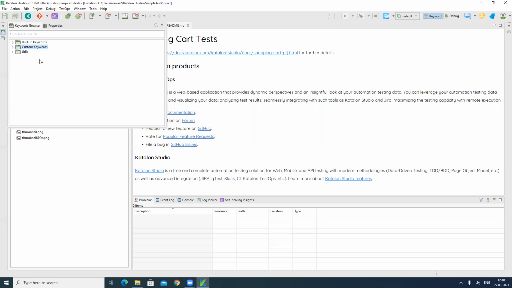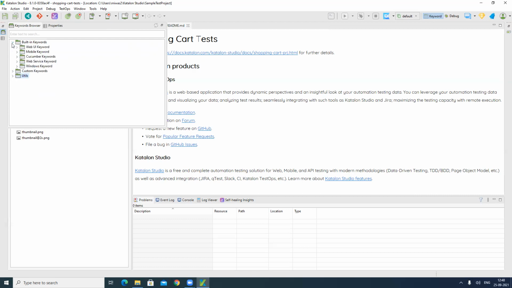The logic you can write in Groovy as well as in Java, and it also supports Selenium as well as the TestNG framework. So you can write your code in that, make custom keywords, and use them in your different test cases. Some utilities are also already provided by Katalon Studio. You can call one test case in another test case as well. So these are some utilities they have provided.